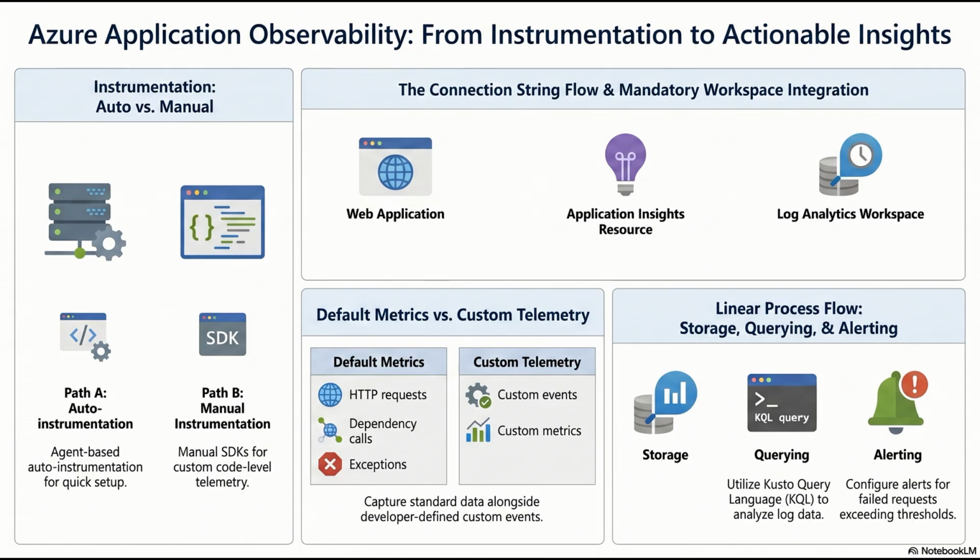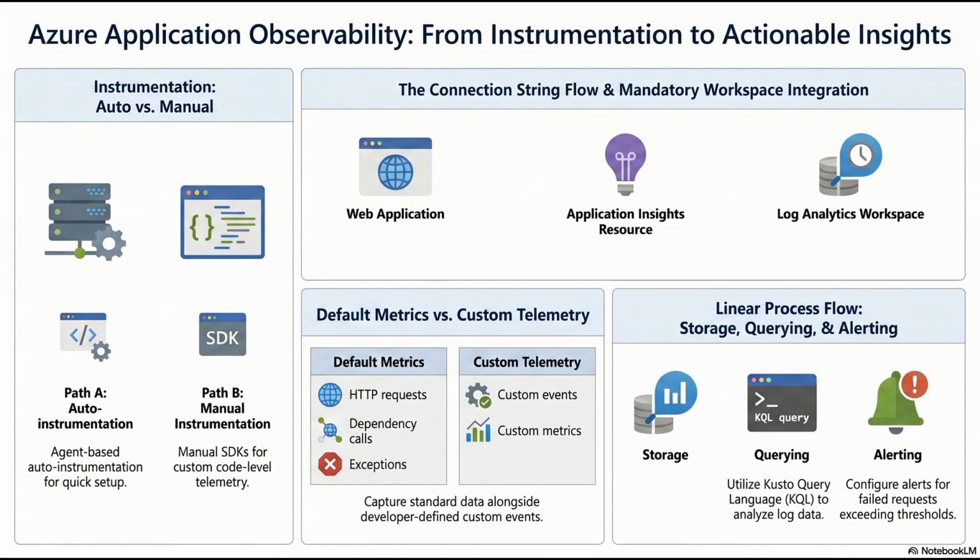And this is where we shift from the macro-level observation of infrastructure down to the micro-level execution of your code. To look inside the application, you need an application performance management service. In Azure, that is Application Insights. Now, the sources mentioned that Application Insights is linked to the log analytics workspace. But how does that architecture actually piece together? If the workspace is the database, what exactly is App Insights?